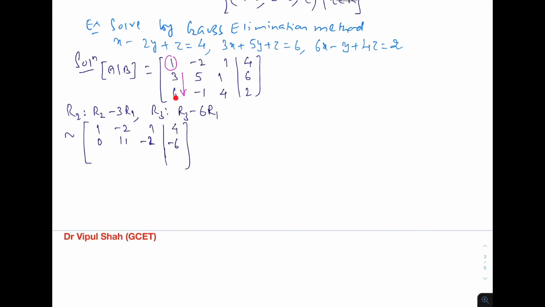Same way here also, multiply minus 6 and add here, so that will be first 0, then minus 6 multiplied, so this is 12 minus 1, so that is nothing but 11. Multiply minus 6 here, so minus 6 plus 4 is minus 2, and minus 6 multiplied here, so minus 24 plus 2 is minus 22. Okay, now we observe that these two rows are equal. See, at least these three elements, not this one, but these three are surely the same.